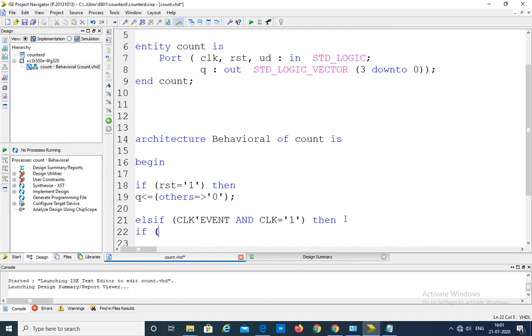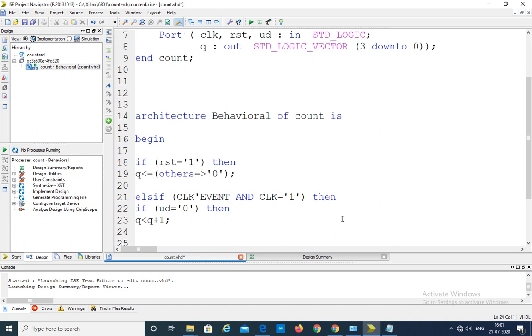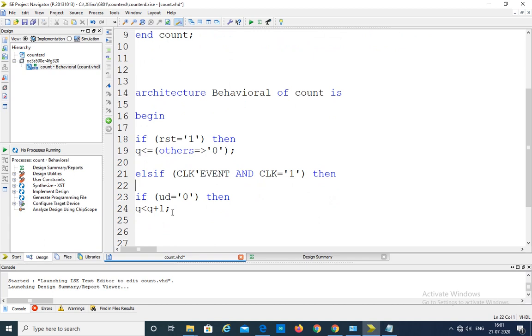If UD is equal to 0, then we have to perform the up count, so we write Q is equal to Q plus 1. Here we check clock event and clock, then we check the UD pin. If UD pin is 0, perform this.